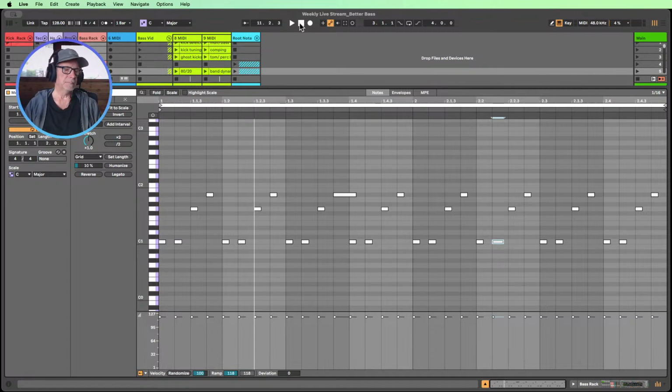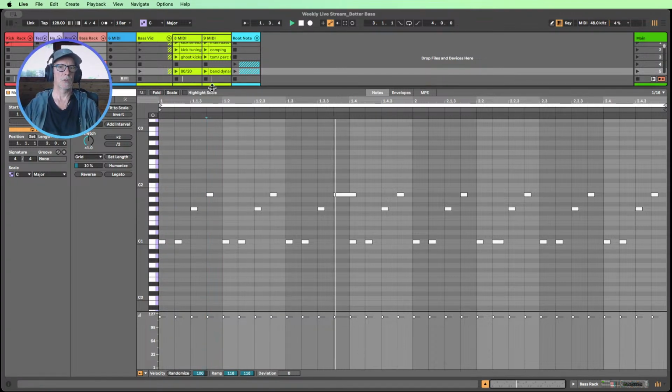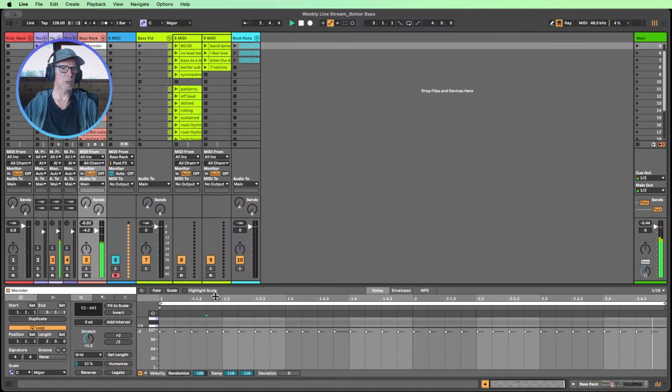Didn't he have a delay? He might well have done, and if you were going to put a delay on this, you would want these notes to be short, actually, because that would allow us to delay in these spaces between the notes, right, each time they play. So he may well have done, and we can too, but then we definitely want to control our release, decay, note length, so that we're not tripping over all the notes, because this will just turn into mush if we did that, right? So if we have short notes, and we just use Ableton's delay send,